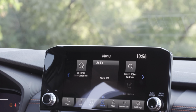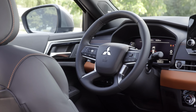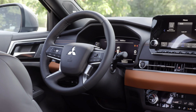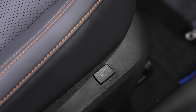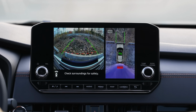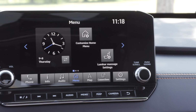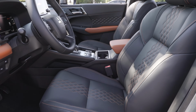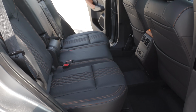Now we've got the available 9-inch touchscreen in here with wireless Apple CarPlay and Android Auto plus navigation. There are so many trims available with multiple price points, but here are some features available on the Outlander PHEV. They include massage front seats, which is a first for Outlander, a multi-view camera, head-up display, wireless charger, a Bose sound system, power driver and passenger seat, driver seat memory, heated steering wheel, pano sunroof, heated rear seats, and a